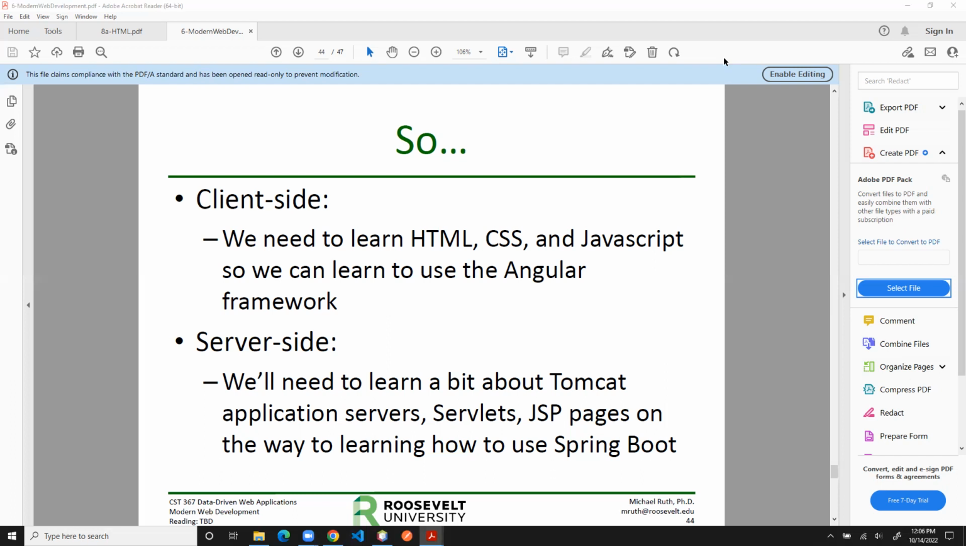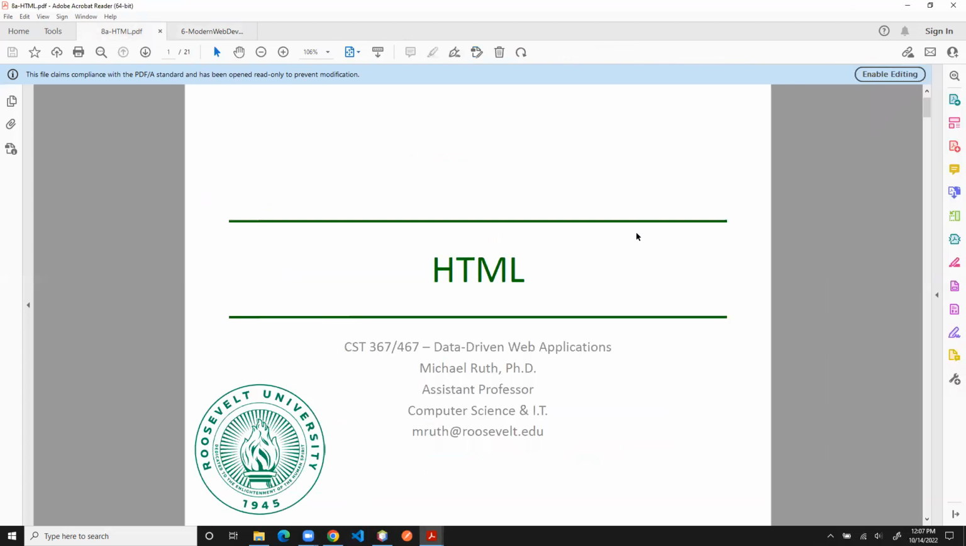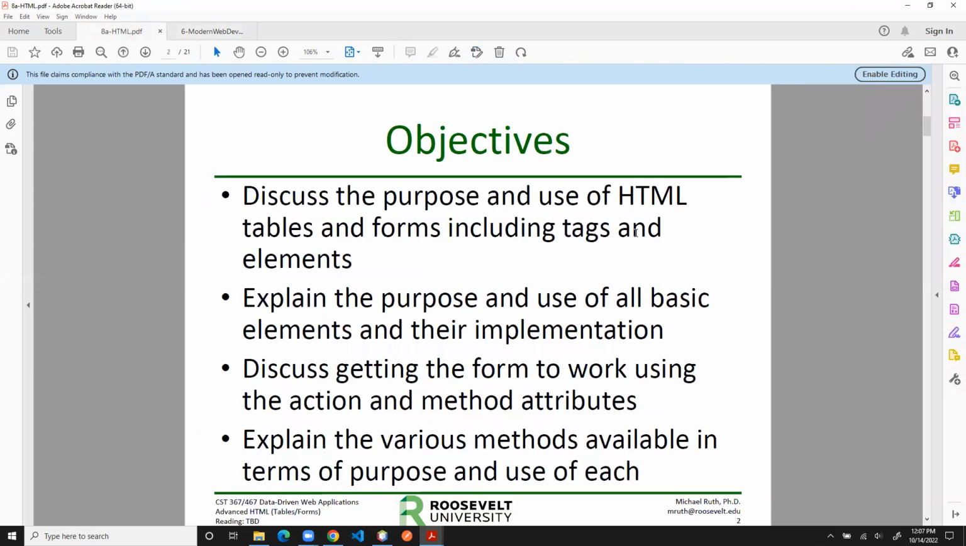Then next week, we're going to talk about JavaScript, and then we're going to wrap up the class by going into Angular. Yay, and that will give us the full picture of a full stack web application. So let's go right into HTML. There's no real reason to screw around. Let's get into it. We're going to talk about the purpose and use of HTML tables and forms, including tags